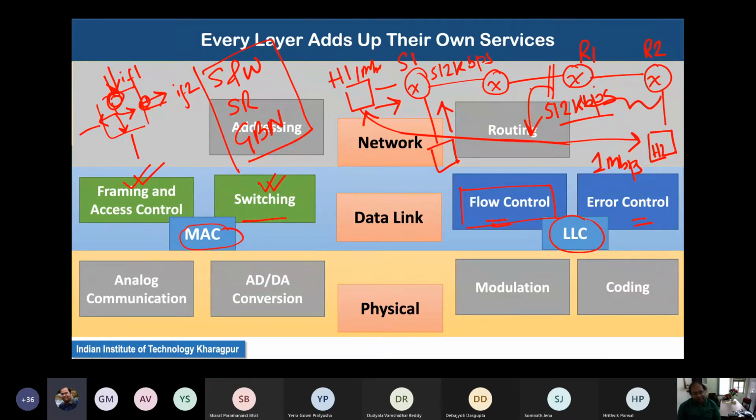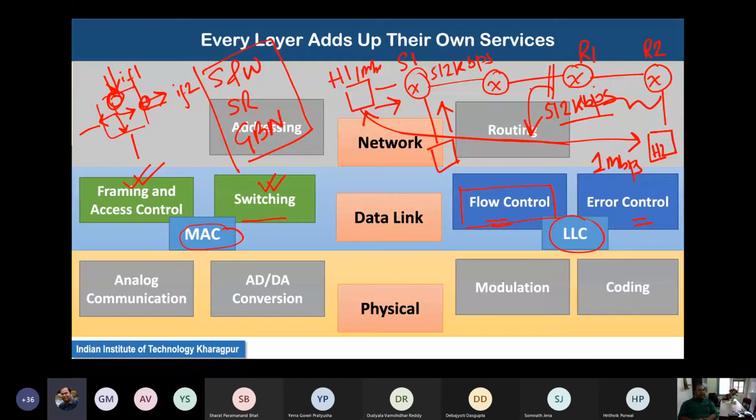So the idea of those flow control algorithms is exactly the same as what you have learned at your transport layer. The same set of flow control algorithms are also available here, but depending on your network setup, we implement one of these flow control algorithms. So for example, our typical Wi-Fi network uses something similar to stop and wait.